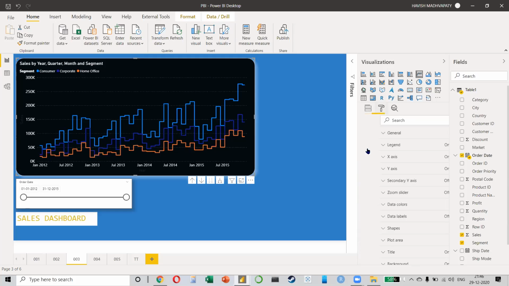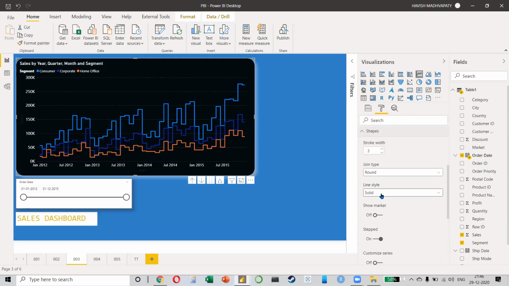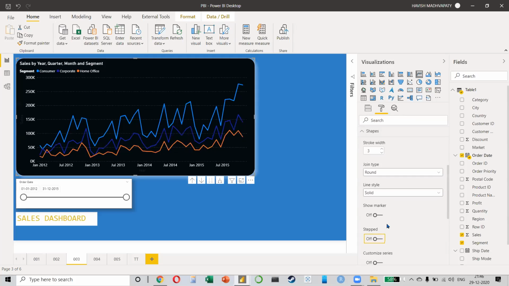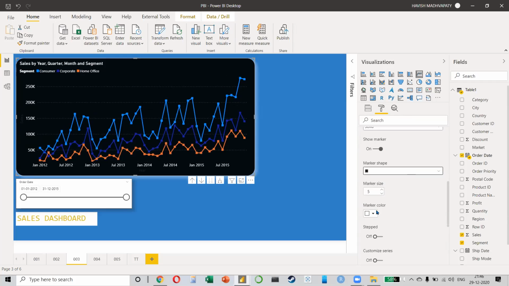The point I'm trying to tell you is that you will have to go back and explore all these things, right? There is no documentation available. The more you explore, like look at this, I can actually change the type of marker as well. I can also change the marker color like this. The more time that you spend, the better you will understand all these features.